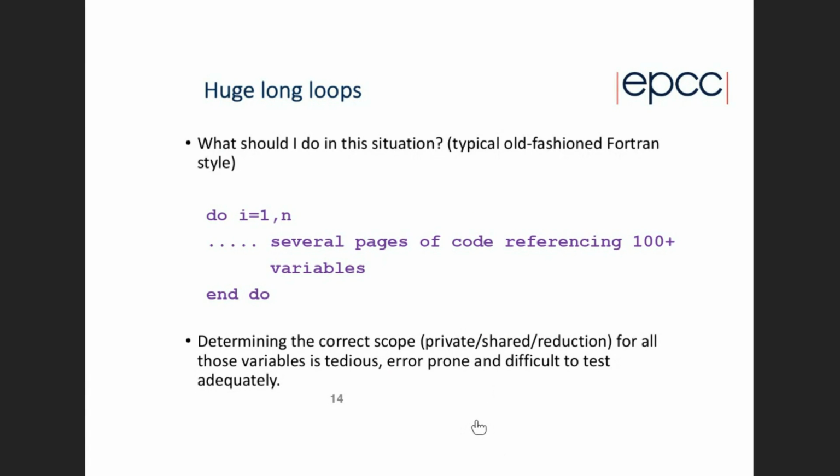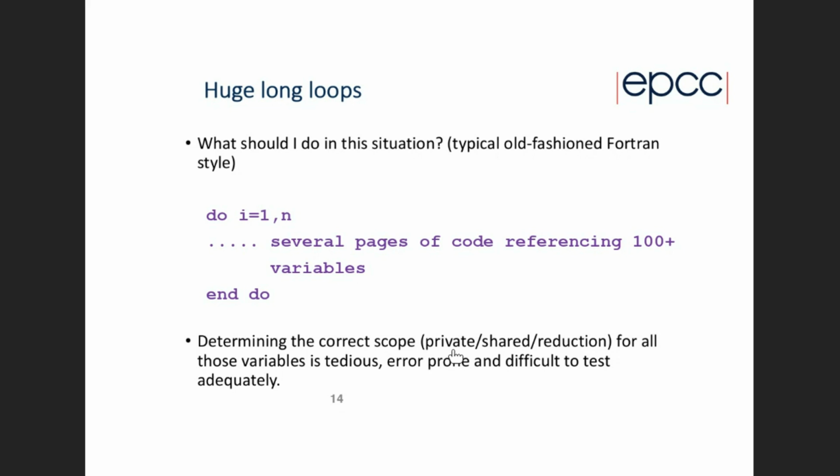Okay, so I think this question might have come up earlier. What do you do in this situation? This is something that I hope nobody would ever write code like this these days, but you may be dumped with somebody's old-fashioned, ancient piece of Fortran code, and then say, okay, what do I do here? Default none will tell you what you need to do, but it's still horribly tedious. Default none will tell you what variables you need to think about, but if there's hundreds of them,